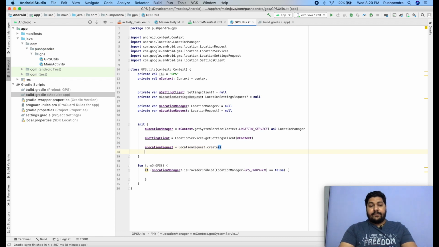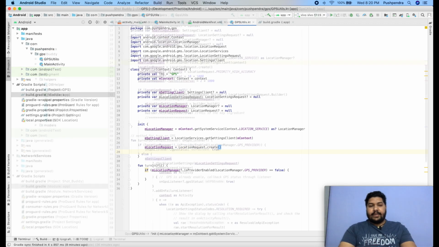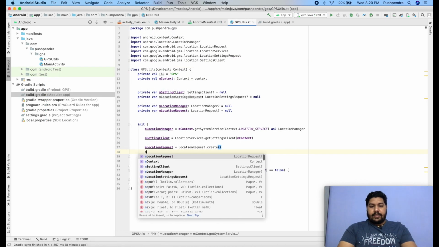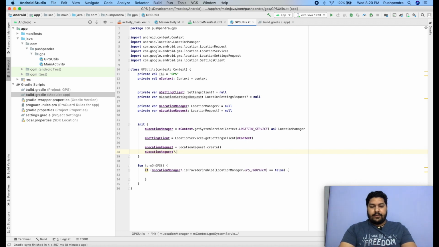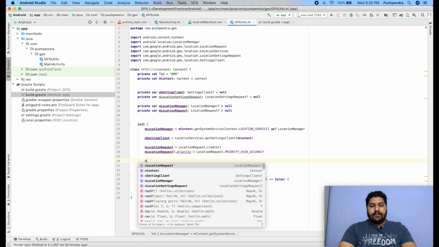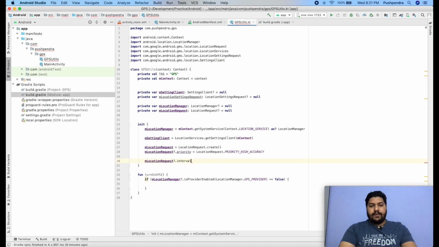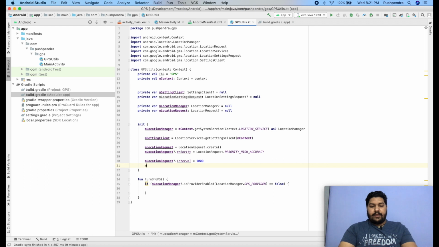Okay, after that we will define some properties on our location request. What kind of property? Like priority: location request dot priority equals location request dot priority high accuracy. Now second thing, location request dot interval. This is our interval, we can say 1000. Okay, now location request dot fastest interval, we can say 500.